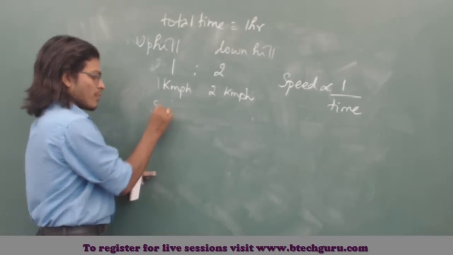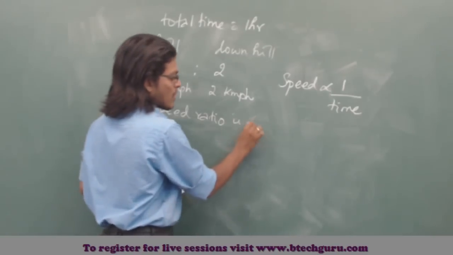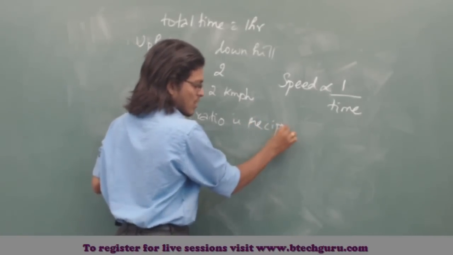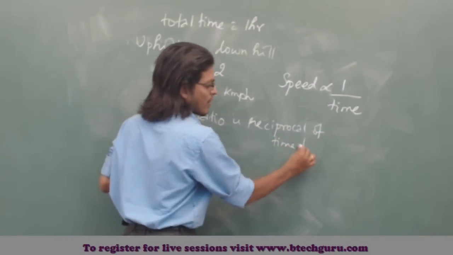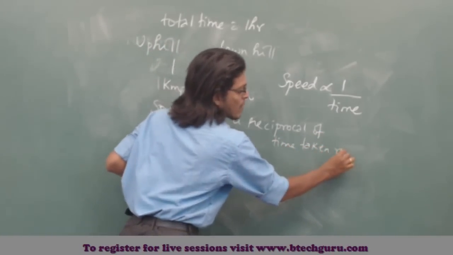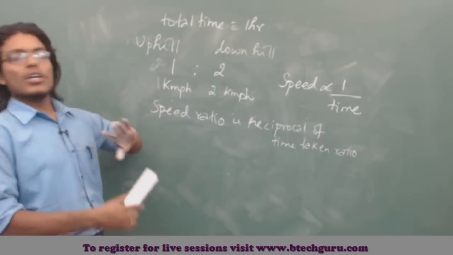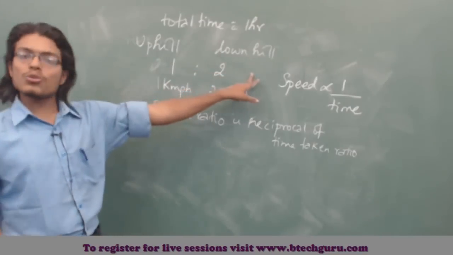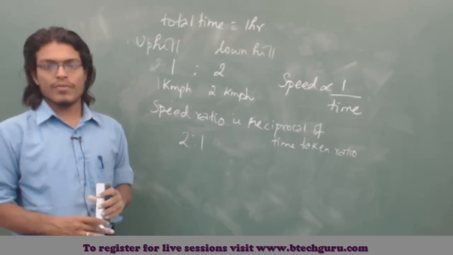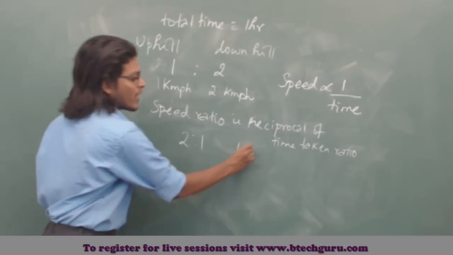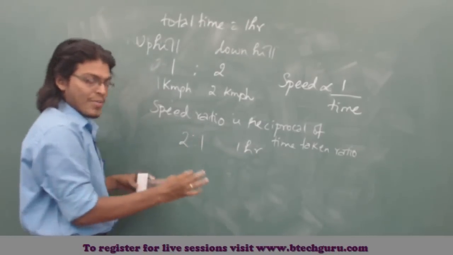So, always, the speed ratio is the reciprocal of the time taken ratio. We don't need to do a lot of calculations, you can do it like this. The speed ratio is 1:2. Then what will be the time taken ratio? 2:1. Simple. So that means in a total of 1 hour, if you split 1 hour into 3 parts,